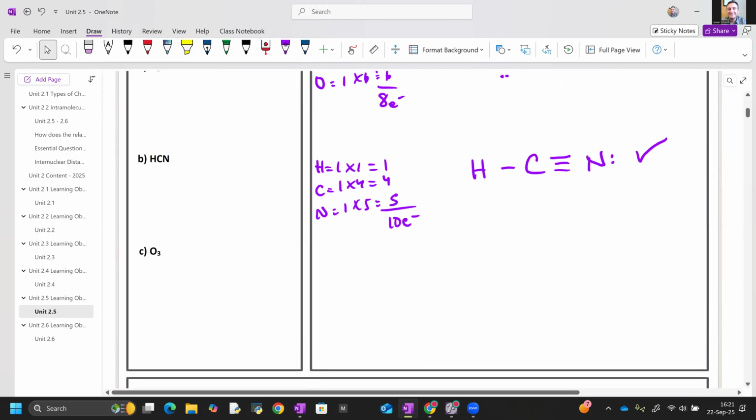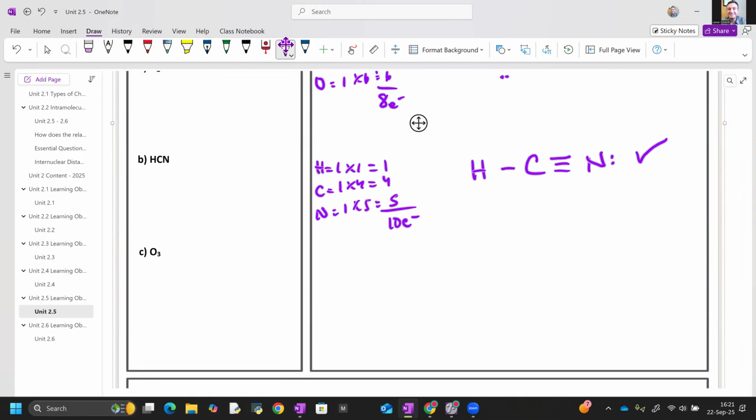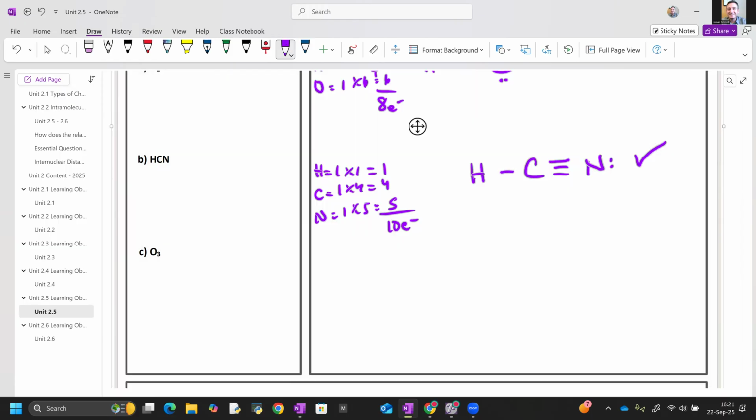All right, and then we have O3 as an example. The central atom is oxygen, and we have oxygen, and we have oxygen. And so we're going to take our count. There are 3 oxygens times 6 valence electrons for a total of 18 electrons. So once again, we're going to distribute our electrons 2, 4, 6, 8, 10,